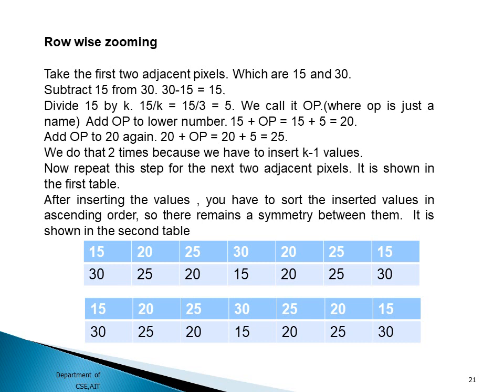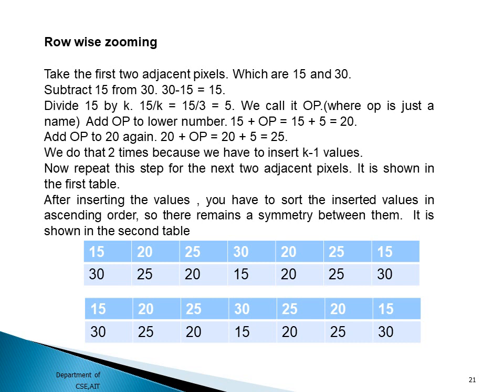And again, because k is equal to 3, the number of values is equal to 2, now we have one more 5 added to 20 and you are going to get 25. So after inserting the values in this manner, in the second picture you can see that the second half, where we had 20 and 25, we are going to sort it. That means the values of 25 and 20 will be coming before. That means we have to maintain a symmetry.